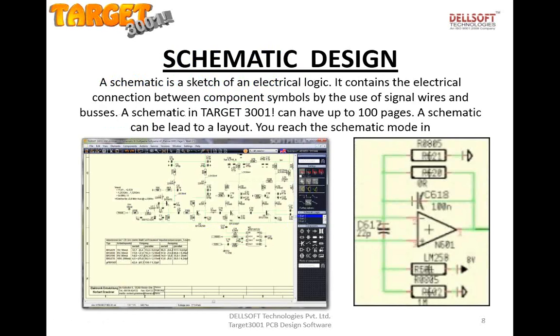Then let's come to the schematic design. You must be seeing the screenshots. In the environment, some components are placed and connected through wires. You can place these components from the library by drag and drop. The schematic is where you design the whole circuit and give the parameters at which your circuit should be analyzed. So this work you can do in schematic.